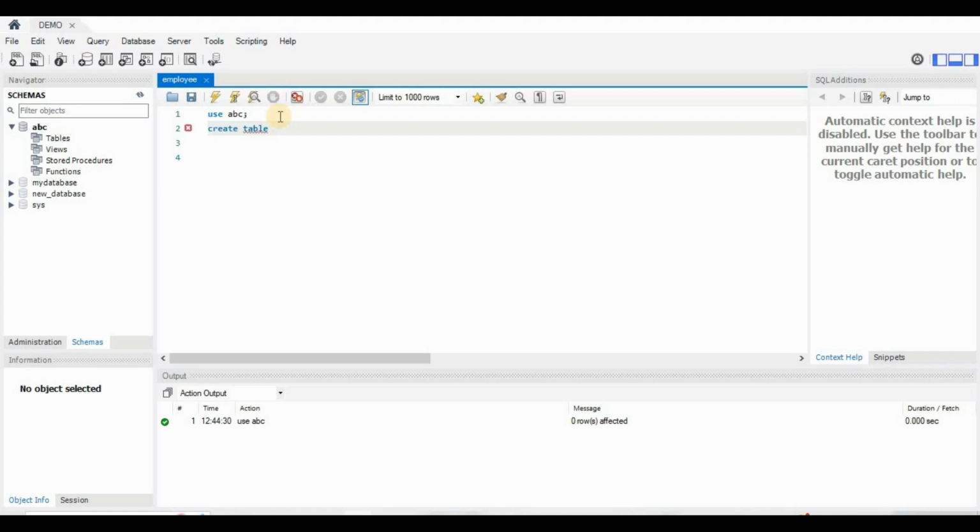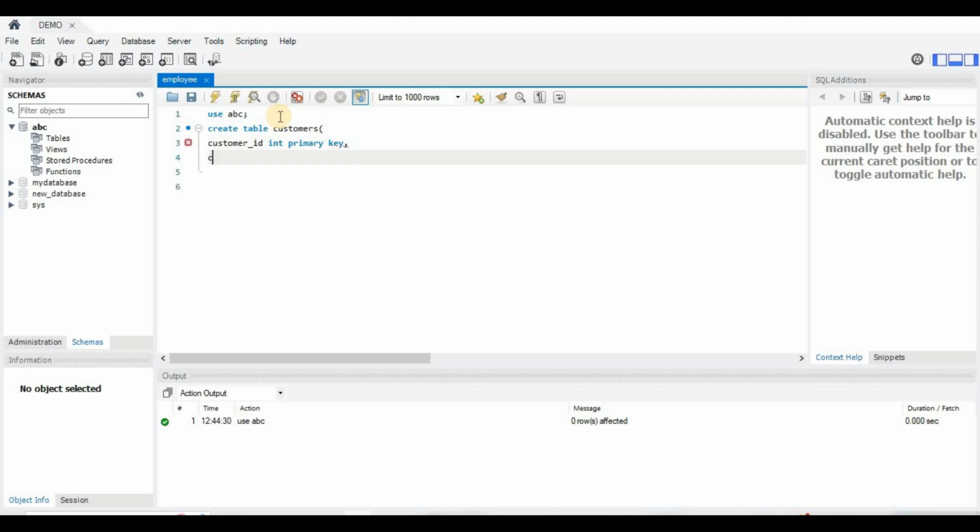Now we will create a table and give it the table name customers. Then I will open the bracket, and first of all I will give customer ID, and we will make that a primary key. Customer ID is unique and we will make it a primary key, so we can identify a customer according to their customer ID. If we have two customers with the same name, customer ID is the key through which we can jot down their information separately. So first of all it is the primary key, and sorry, we have to put a comma here.